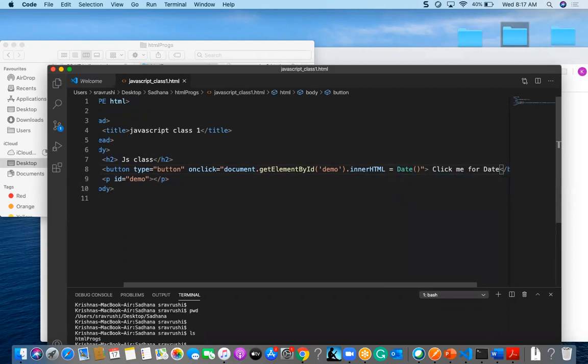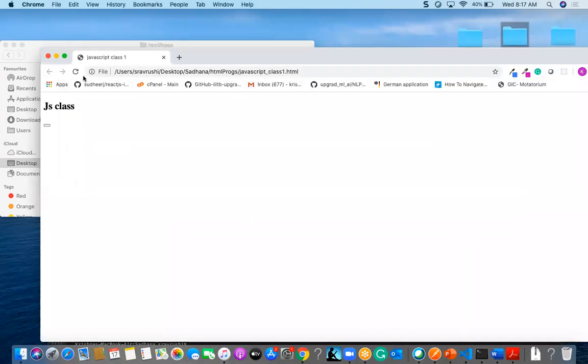Once I click on it, I am going to get the current date value. Likewise, we can write the business logic within the button.